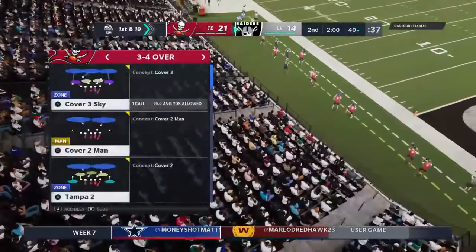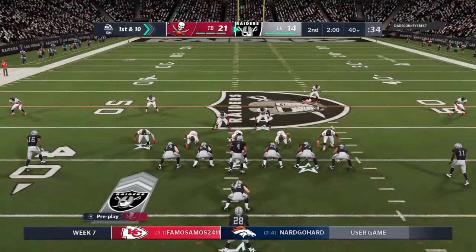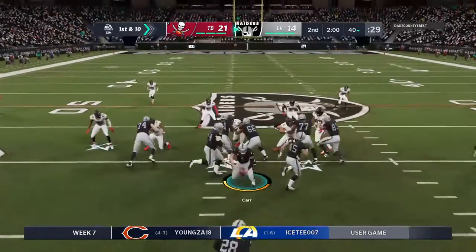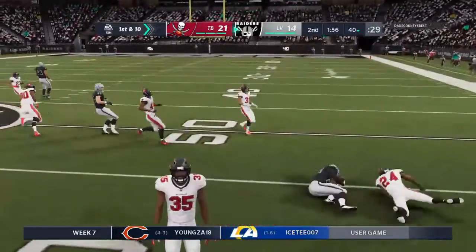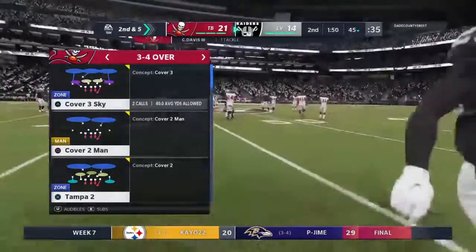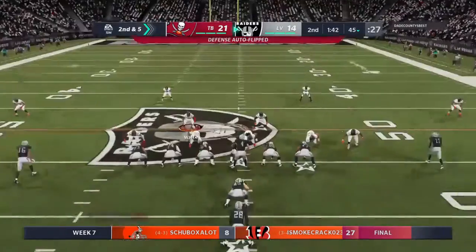So now, are they determined? Are they ready to read their keys and make the proper plays? And we'll see how determined they are. So quickly all the way up at the 40-yard line. They run it with Jacobs. There to stop him was Carlton Davis. Nice satisfying run on first down for the offense, picking up 5,